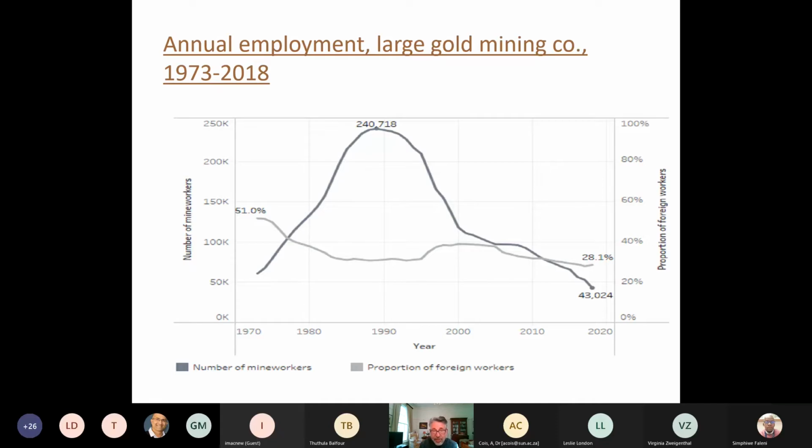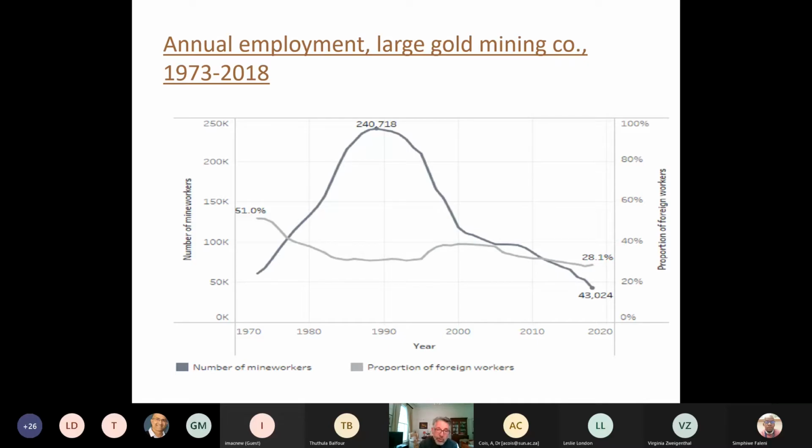And it included a policy to stop taking on novices, so that the number now employed in the industry, the figure that we have at this company, is about 45,000. For the industry as a whole, possibly 80, 90,000. Concomitant to this was a decline in the proportion of what I call cross-border miners, from about half in the 1970s to only a quarter in recent years. By the last decade of the 20th century, the black, mainly migrant gold miner population was afflicted with a triple epidemic of silicosis, tuberculosis, and HIV infection.